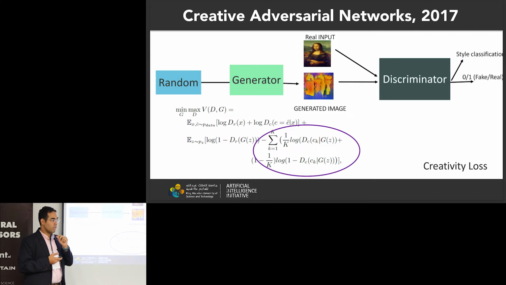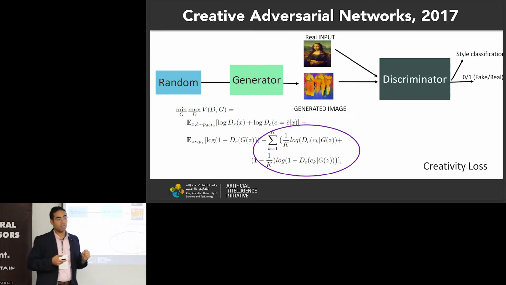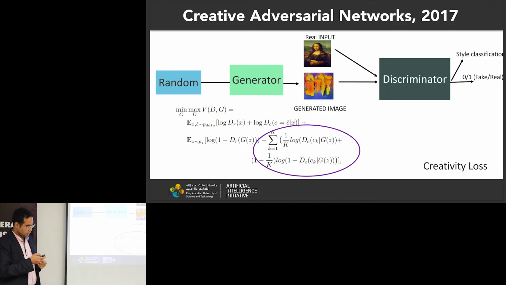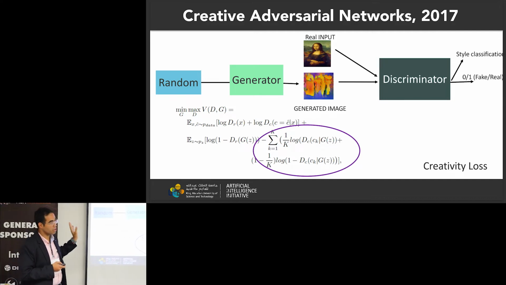And how do you quantify that? Entropy. So we try to make the generated image, when you compute its response over this style classification loss, hard to classify, meaning I want it to be high entropy. So here, what was updated, the style or the fake real? The entropic response is over the style classification. The real fake loss is still real. I want to make the generations real.